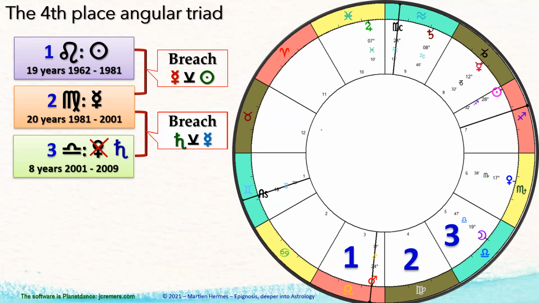And Saturn is again in aversion to Mercury, the previous period ruler. So again, we see some sort of breach, some sort of things happening which have to do with not following exactly what happened before, but a new perspective or perhaps a new approach to things,